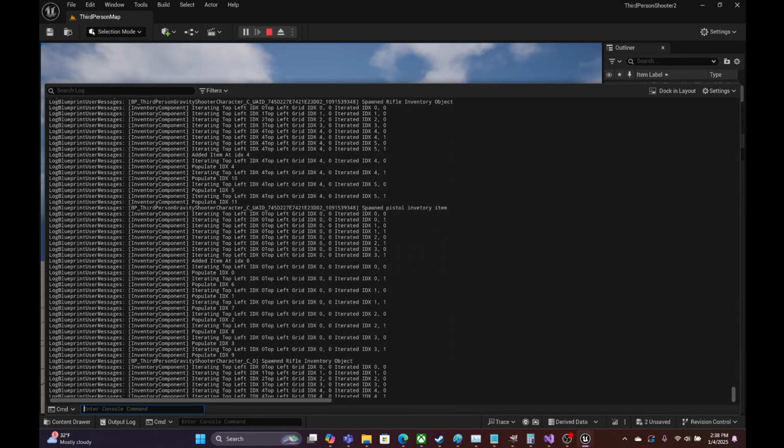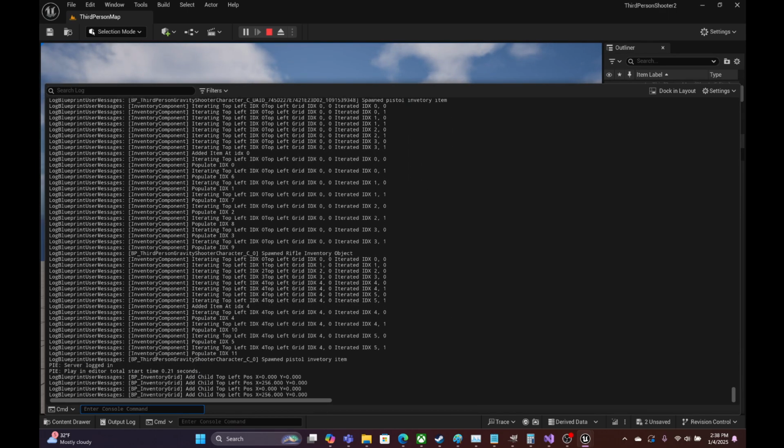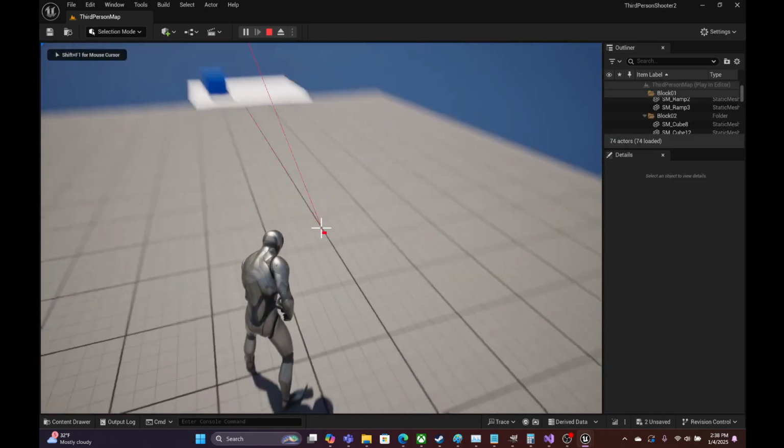Spawn rifle, spawn pistol, and then it spawned rifle and a pistol again. I don't know why it's double initializing, but it shouldn't affect the actual interface itself. Alright, so now